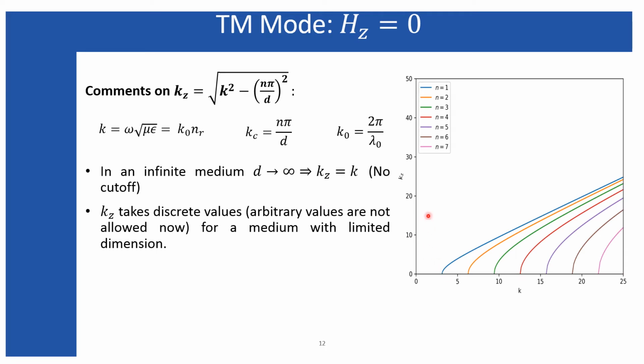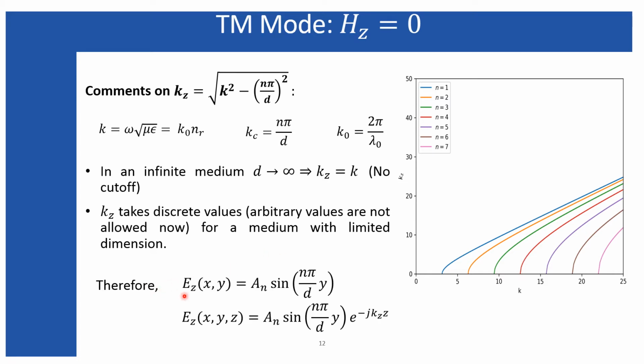So you can easily identify from this expression, from this diagram, where I have plotted this kz with respect to the k. So this is the total maximum supported wave number of the medium, and this is the kz with which the wave should propagate through the medium. And you can see from here that for the kz there exist discrete solutions right now, but for the infinite medium there should be infinite solutions.